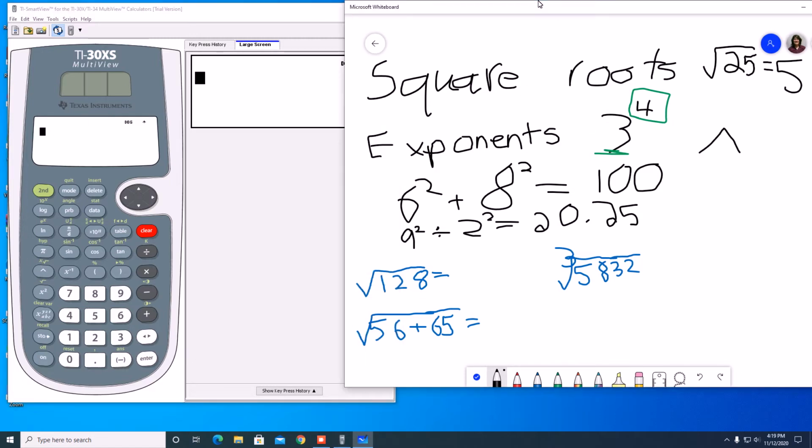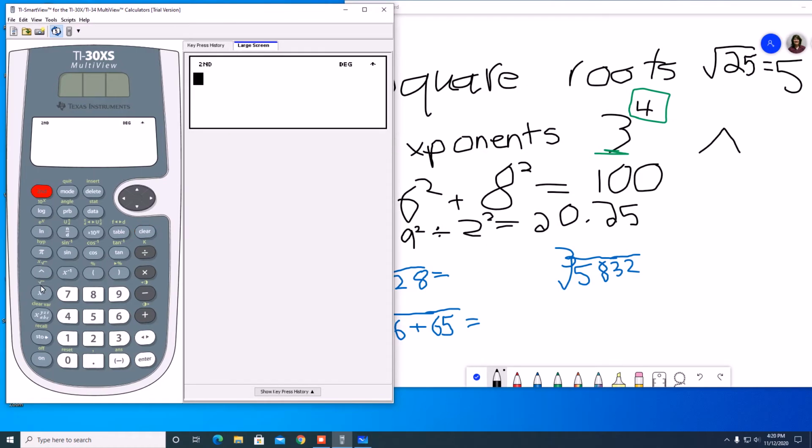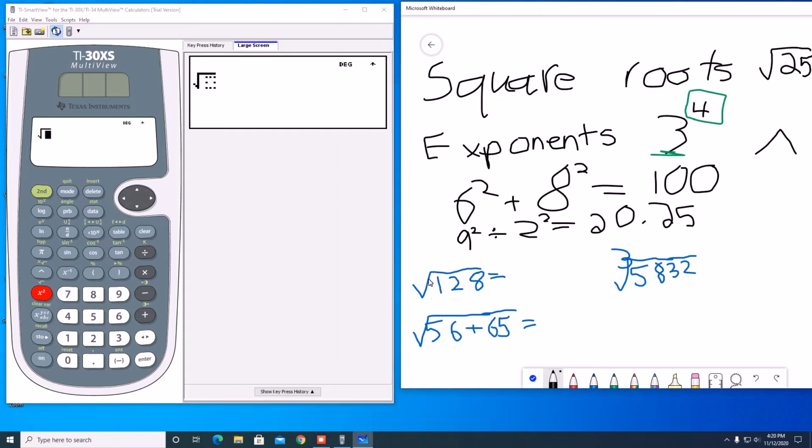So that's how we do exponents, but the opposite of exponents are square roots. And so to get the square root of something, we hit second and then the x squared button. And then we just type the number that's in our square root symbol, or inside our check mark, as I like to call it. So we have 128, and then I'm going to hit enter. Now you will notice I get this weird number. I get 8 square root of 2. So if that happens, a lot of the times on the GED, they will want you to get